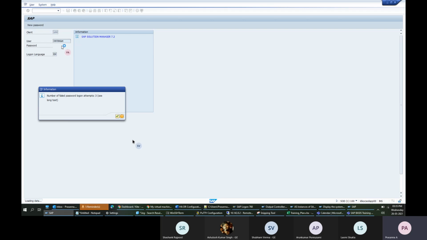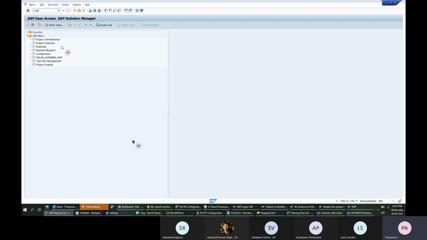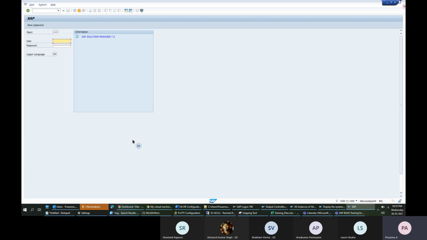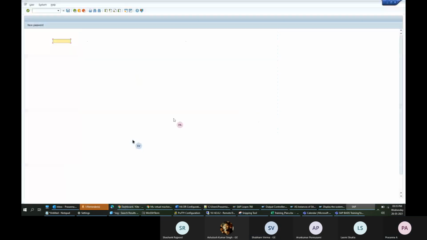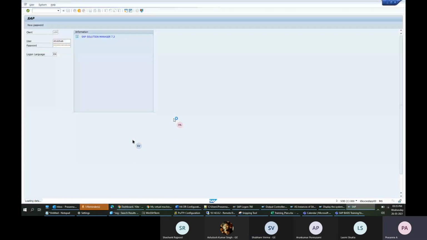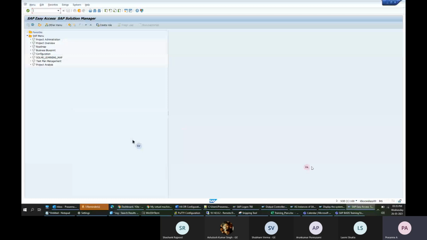Next time if I log in again, it will not ask for resetting. I can log in with basis123. So I logged into the SOD system. I can click this small arrow and you can see you are logged in as user Shubham.